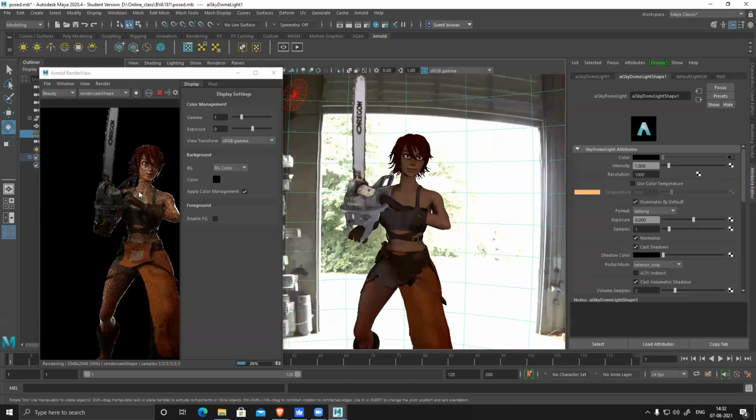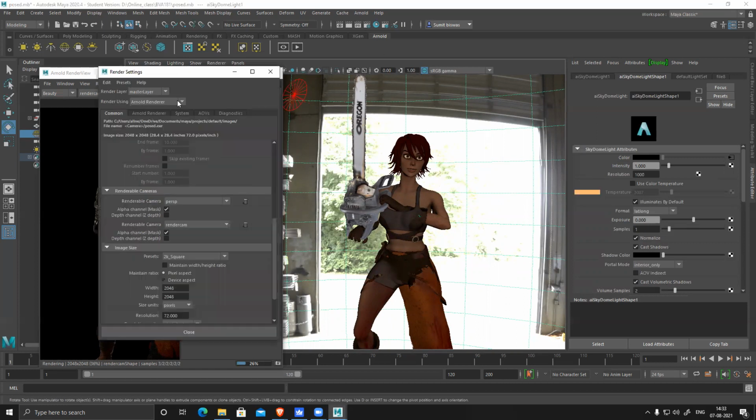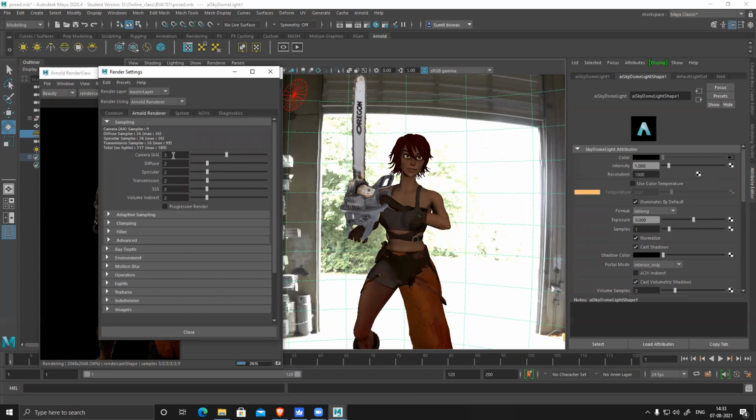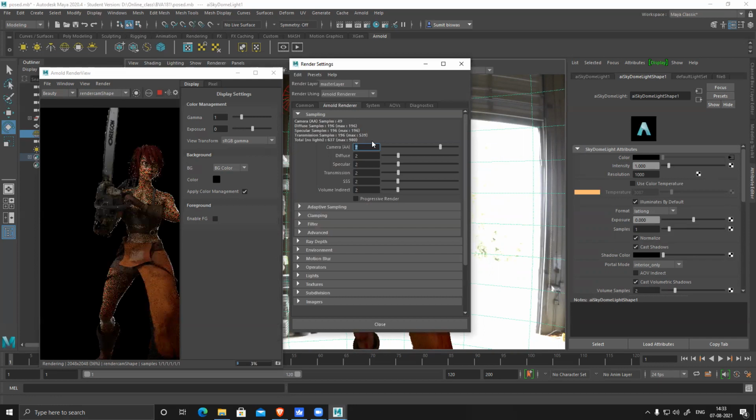This will render, but it will be a little noisy because I have used only default settings. I haven't changed anything. So to get a very nice, clean and crisp render, you have to increase the camera setting in Arnold. Camera AA is basically a multiplier for everything. So if I increase it to 7 or something, everything gets multiplied with 7. So it increases the quality, and noise automatically reduces.